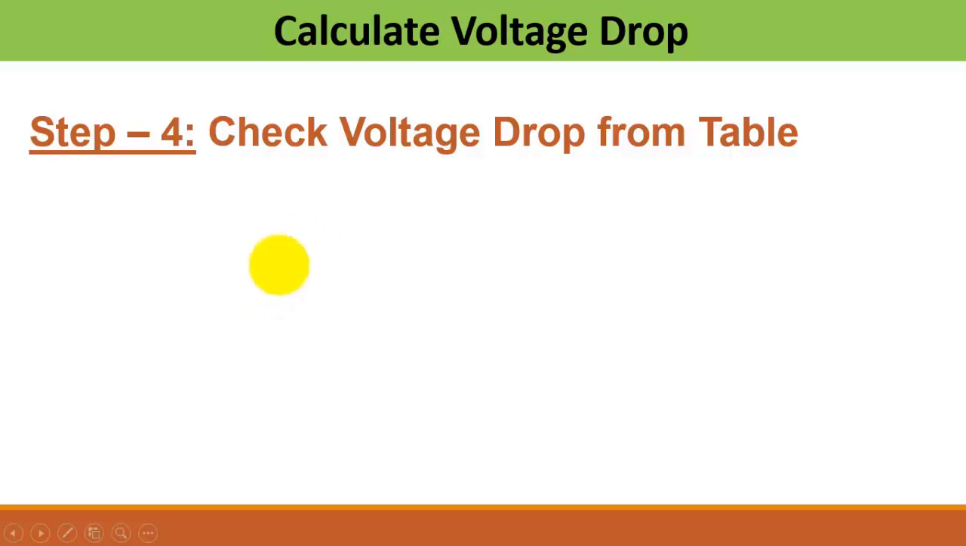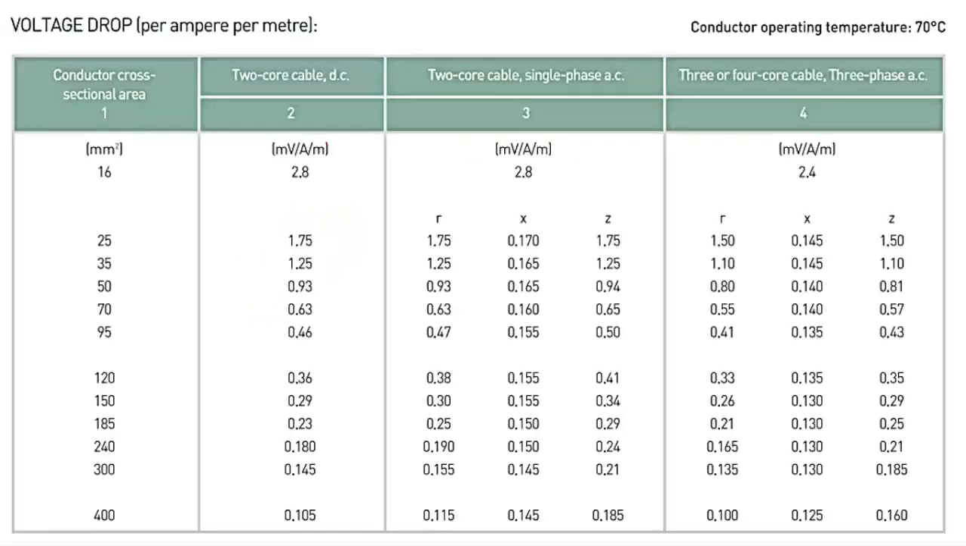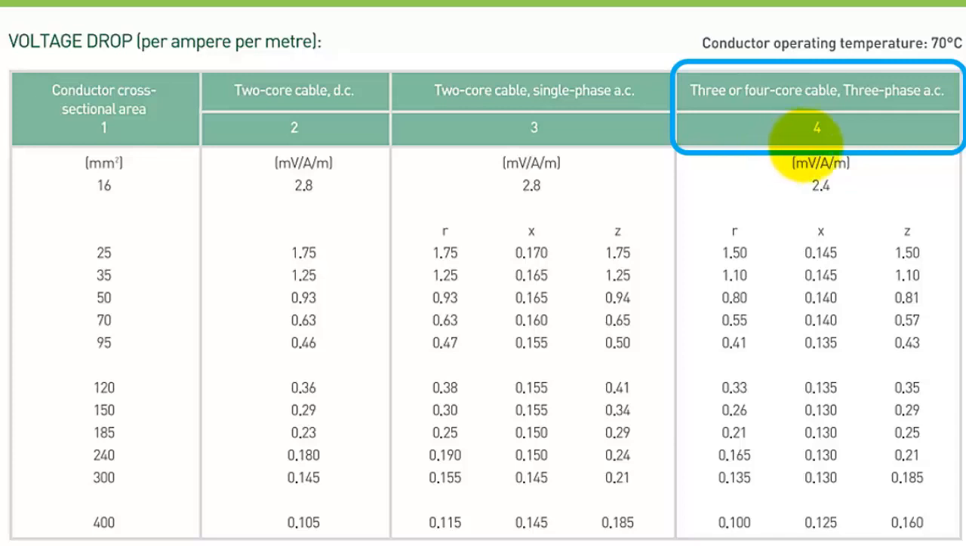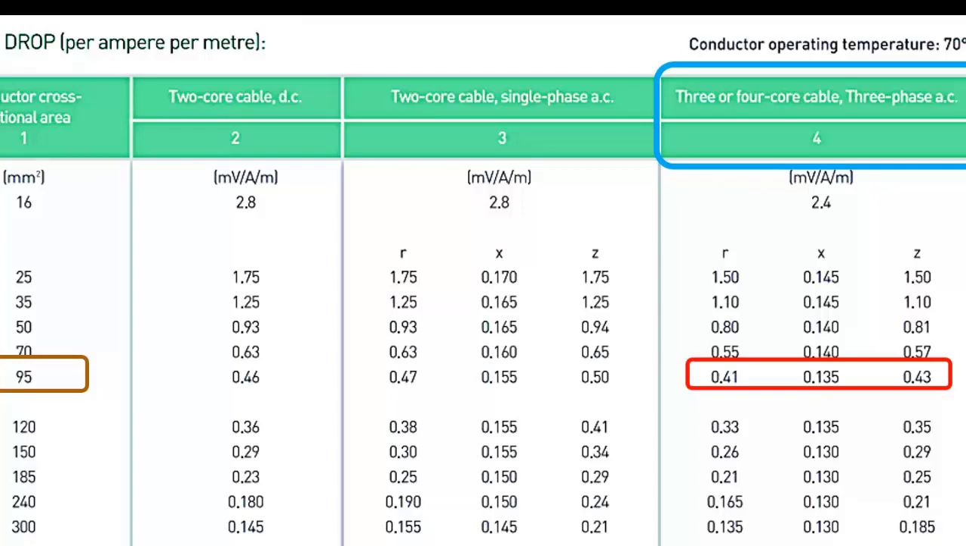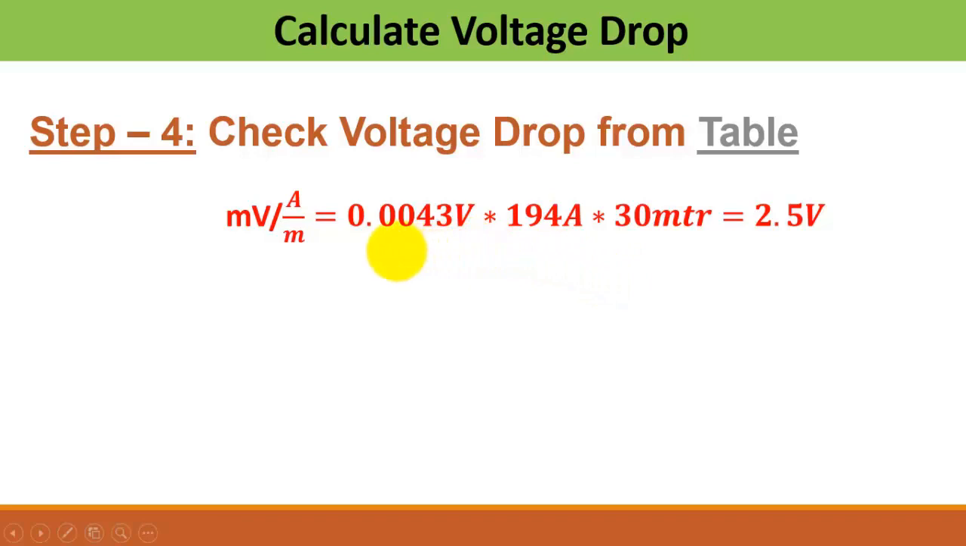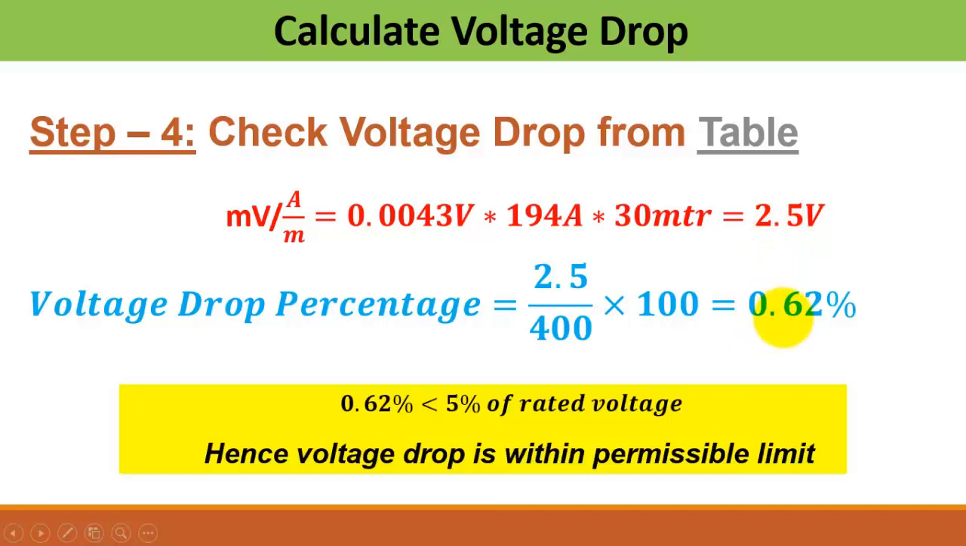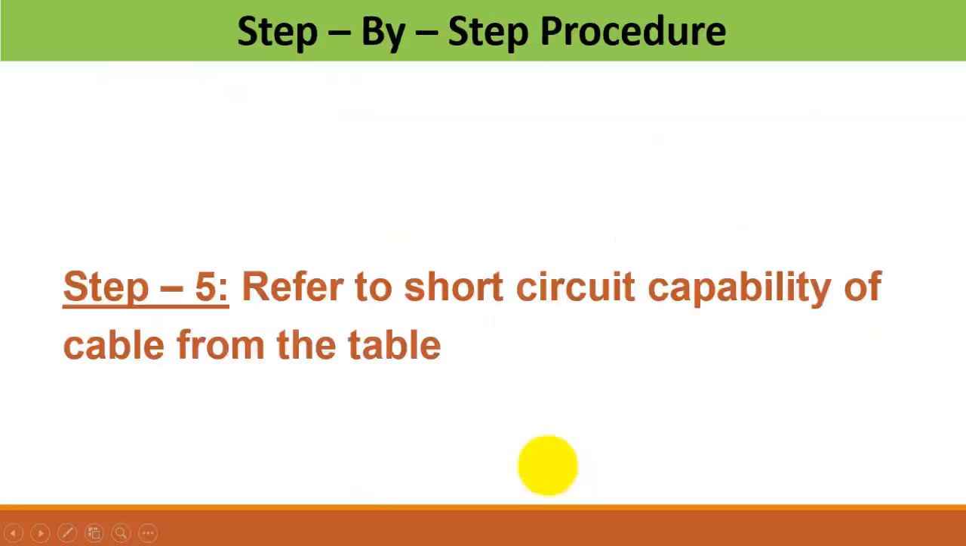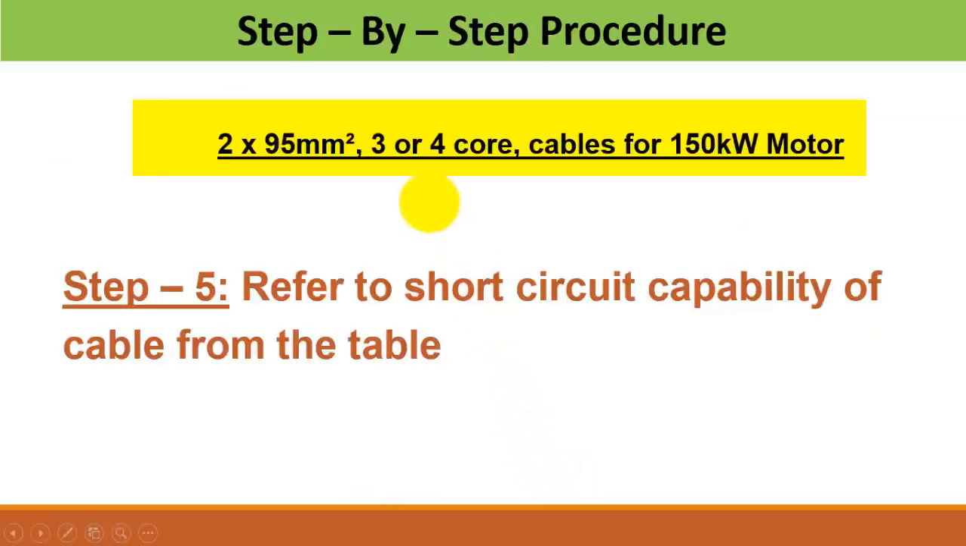Next step is to calculate voltage drop of this cable. For this, again refer to the voltage drop chart of the same cable. Here you can see 95 square mm 3 or 4 core cable. The voltage drop is 0.43 per meter per ampere. Next is to multiply voltage drop with total load current and total length of cable, which in my case is 30 meters. The total voltage drop comes out to be 2.5 volts, which is 0.62% of 400 volts, which is well below the 5% limit. So the cable selected is a total of 2 number 95 square mm 3 or 4 core cable